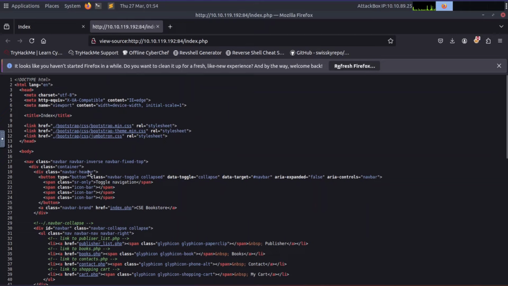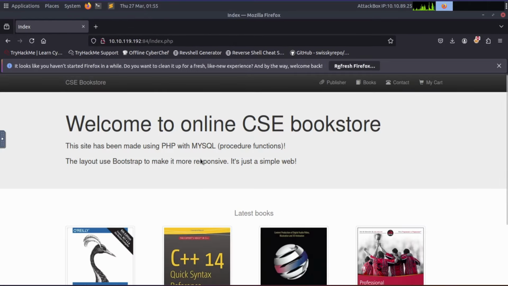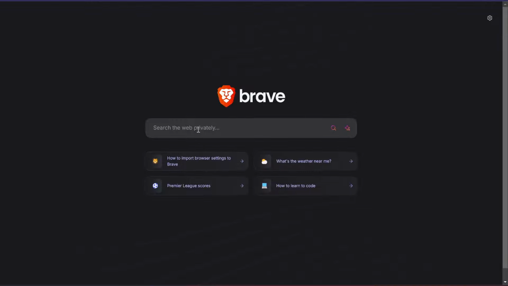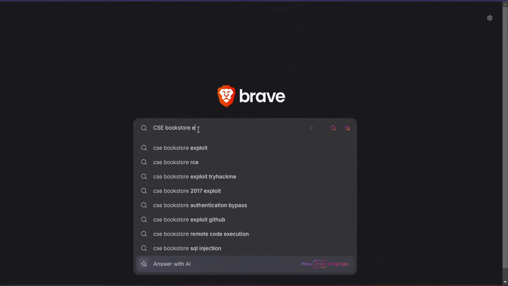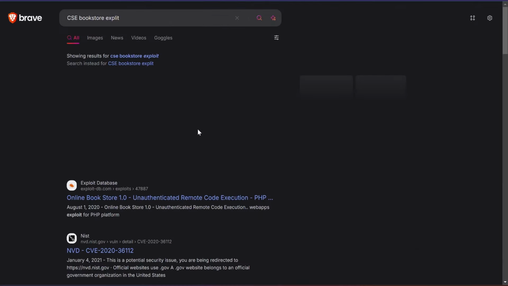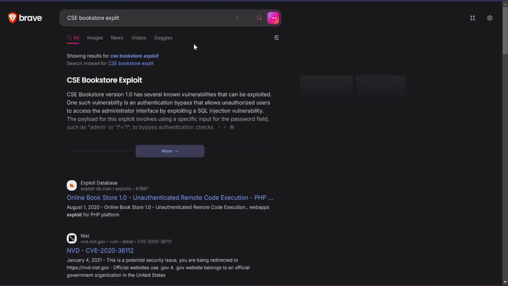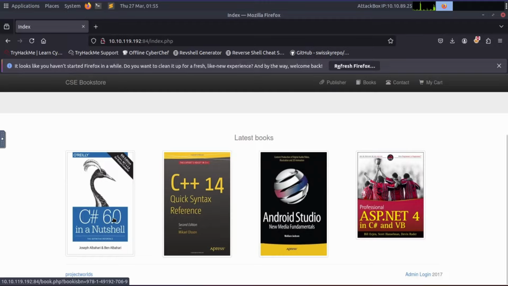They want us to do some research, and as we go through, we'll not just do research here, but the other thing that they want us to do is take a look online, right? Go into something like ExploitDB. So I'm going to search CSE bookstore exploit, right? And one of the things that helps me know that is kind of what I'm doing is